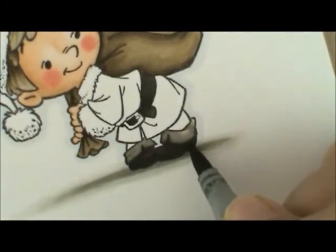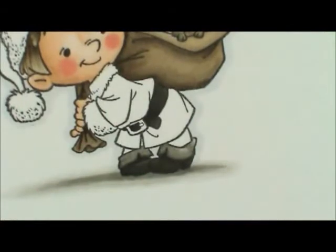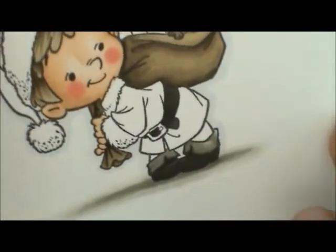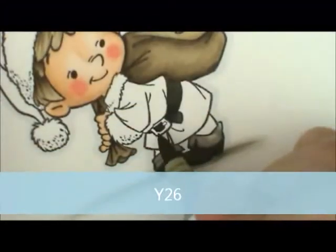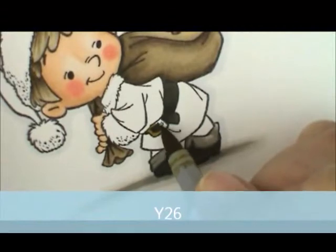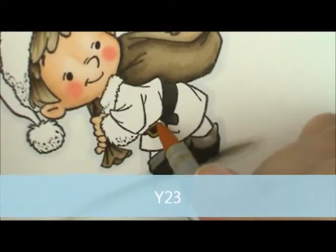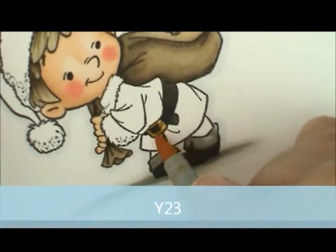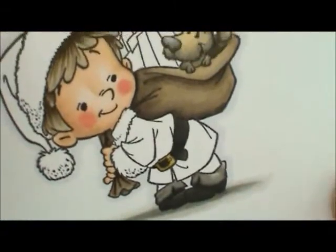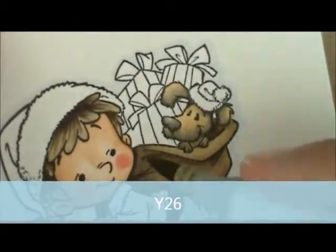So next, let's do his little buckle here, and for that I'm going to use Y26 and 23. So I'm going to start with Y26, and I'm just going to give it a little brush, like that, and then I'm going to take Y23 to fill that in. And if you wanted it to be darker, you just go over it again. I'm also going to use these colors up here on a couple of my packages. He's got this package that's kind of behind right here, so I'm going to go ahead and do Y26 first,